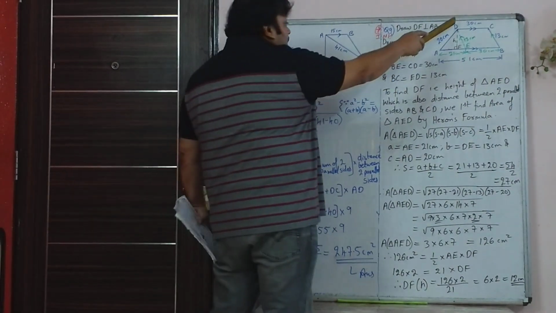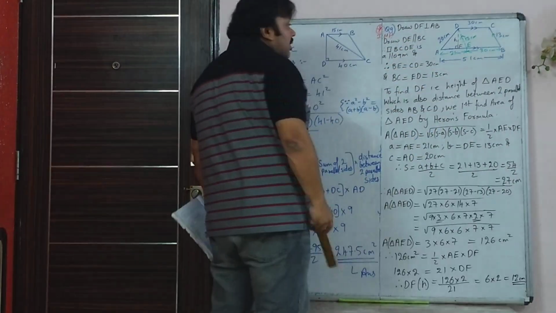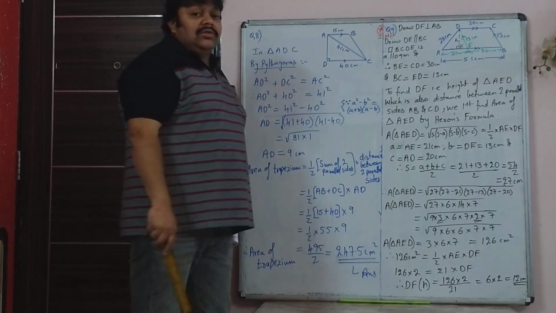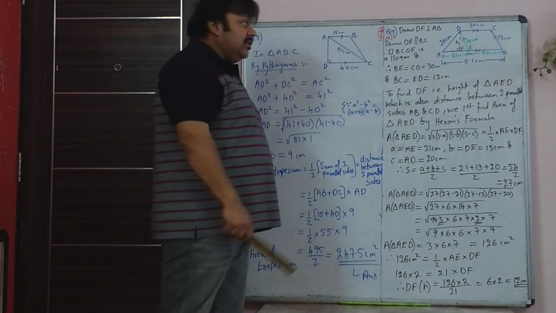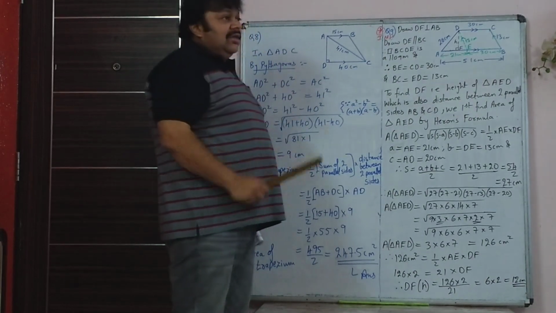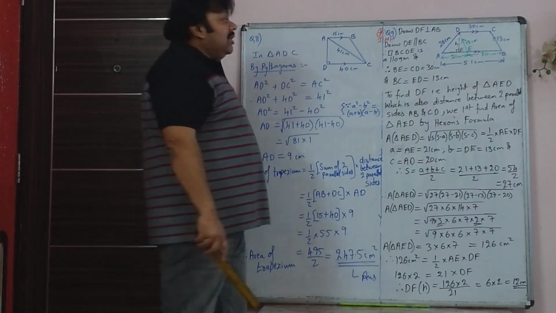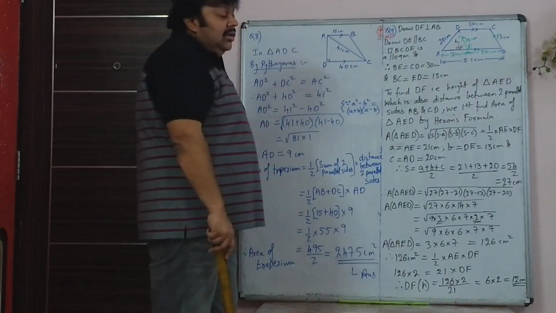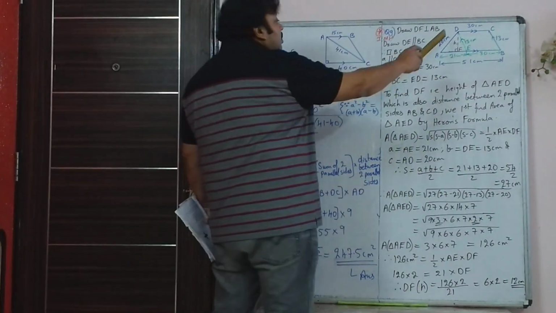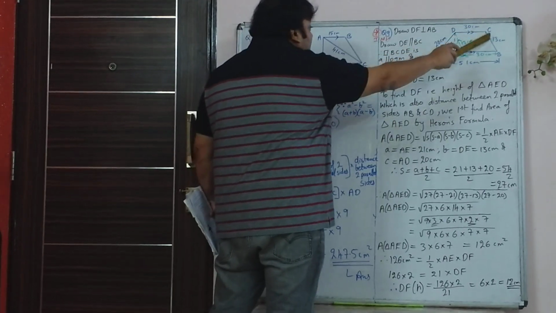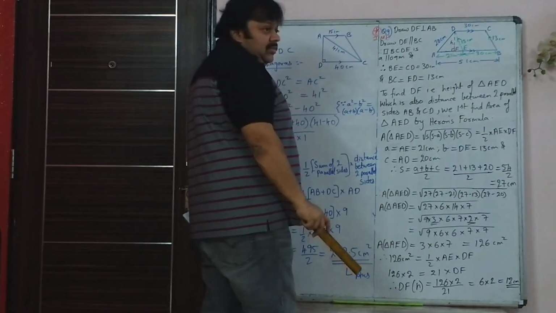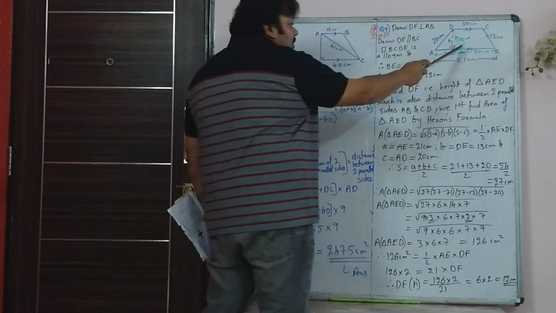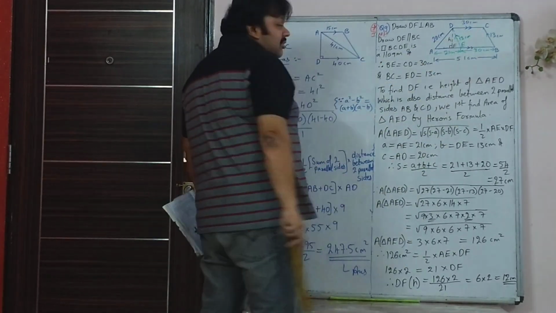So I have drawn DF perpendicular to AB and I need to find DF, which is the height or the distance between the two parallel sides. Now in this case, you may have been tempted to draw a square, but that doesn't lead you anywhere. So the best thing is to draw DE parallel to BC. So draw DE parallel to BC. Already you have EB parallel to DC.